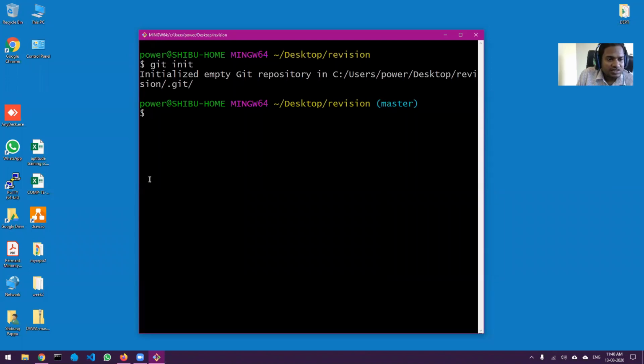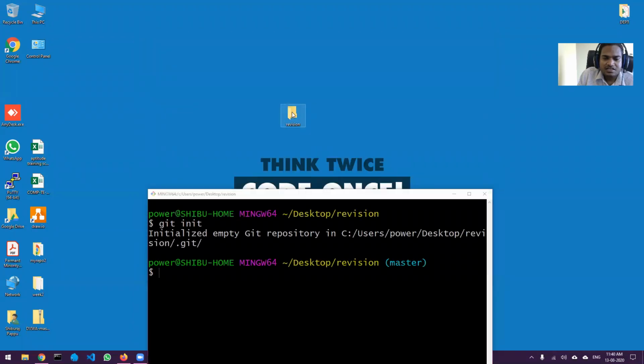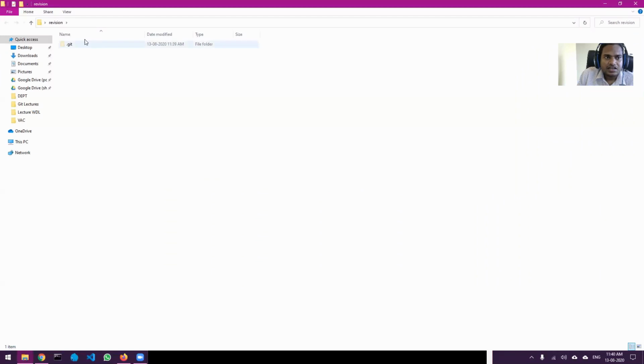without even initializing. That is not possible. Okay, it's possible when your outer folder. Okay, so wherever, for example, I have this folder revision. In this case, revision is a git repository, right?